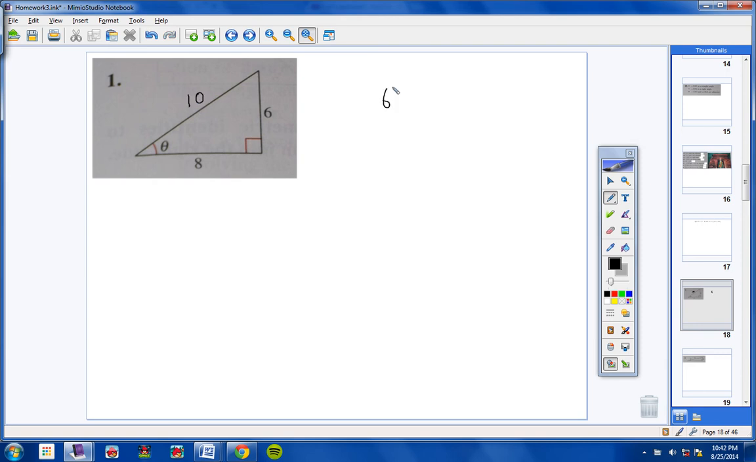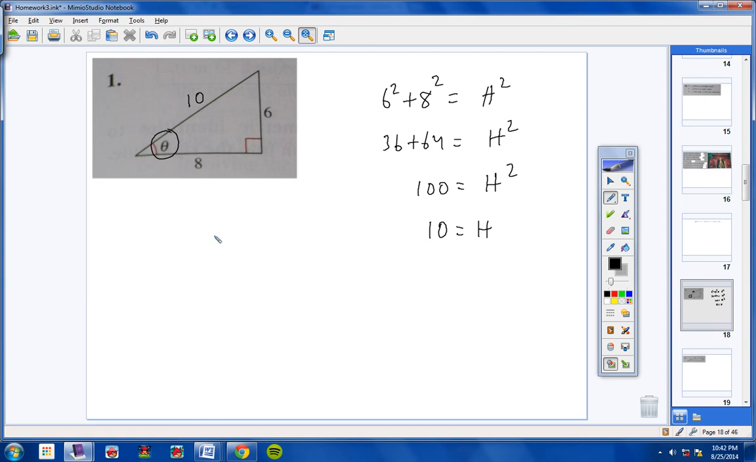I'll show you quickly. Leg squared plus leg squared equals hypotenuse squared. This would be 36 plus 64, and 36 plus 64 is 100. 100 equals hypotenuse squared. Take the square root of both sides, and 10 equals h. Okay, so there's the hypotenuse, and now let's go ahead and find the sine, cosine, tangent, cosecant, secant, and cotangent